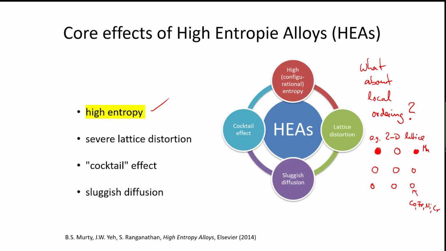This is a Cantor alloy 2D atom lattice, and I marked all the cobalt, iron, nickel, chromium just with these empty circles, because they are so similar, right? So I don't care. They sit somewhere. Now I have manganese also added in equal proportion, right? And this is now the filled circles. So they sit here and there, in arbitrary positions, but what?